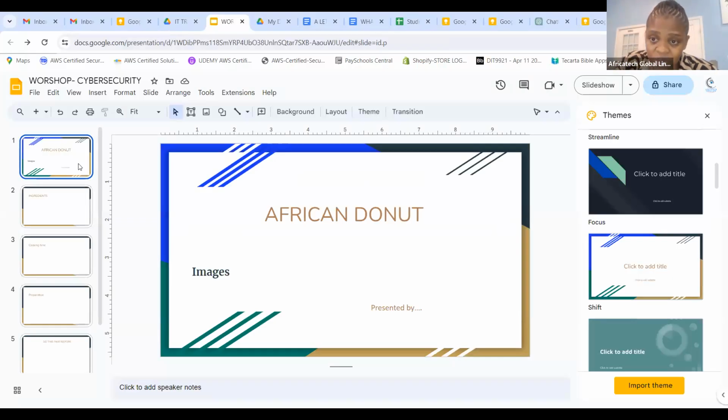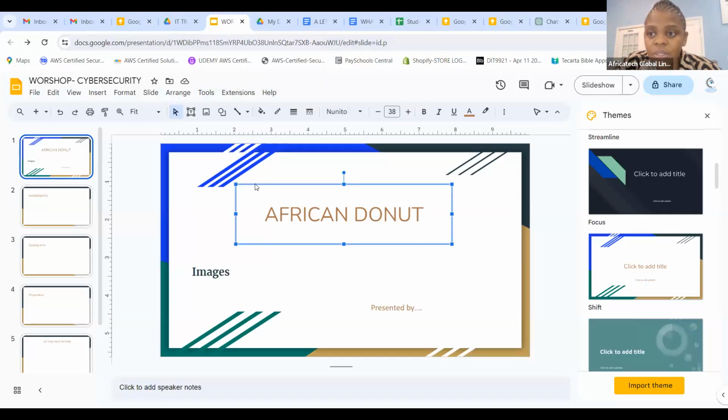Sometimes I try to reduce everything so that we have less writing, but you can put images. Images don't make people sleep, because when I put a lot of writing, I see you trying to focus to see what is on that slide. But if I put an image, you're like, oh, that's actually what it is.